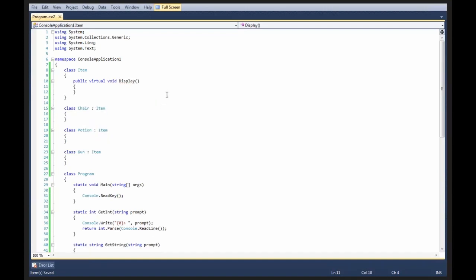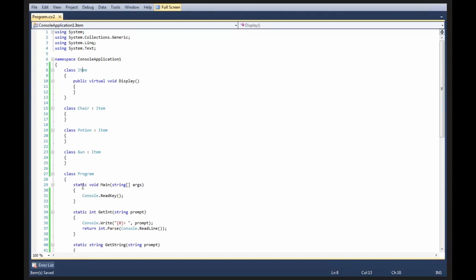But here's the thing about this. Are the scopes from parents to child valid? Oh, yes, we still need to talk about protected. I don't know why that wasn't in the outline. We'll get to that. Okay, so what we have here is a public virtual void display method, and we want